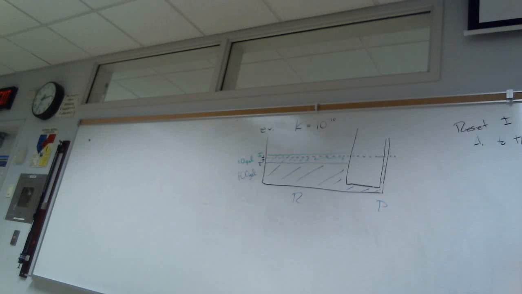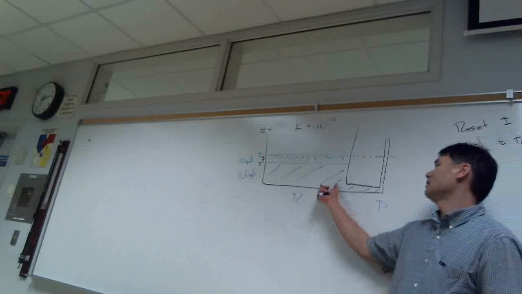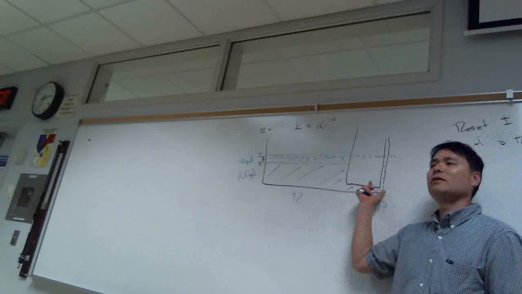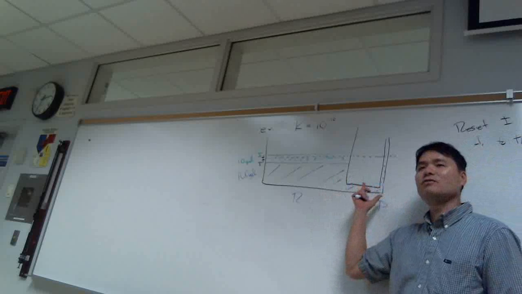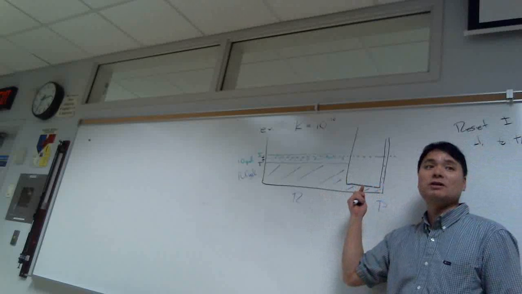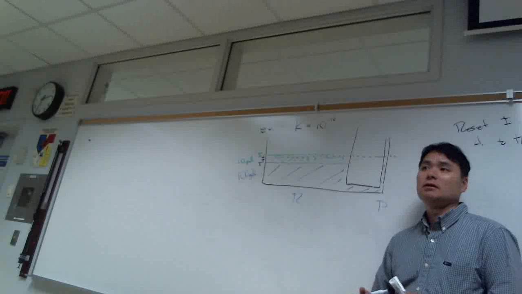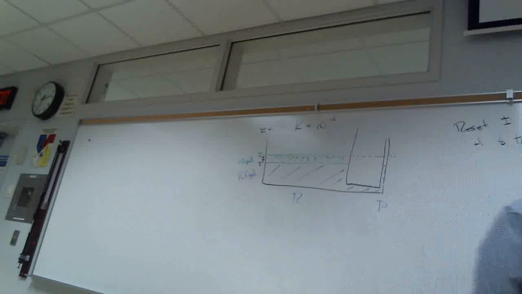When I open this here, will I reach the same equilibrium as I would have before? As long as I have the same amount of water, it doesn't matter if I put 30 gallons here, 40, whatever. As long as the amount of water stays the same, then I should reach the exact same equilibrium. Versus this, if I reset it to the right,